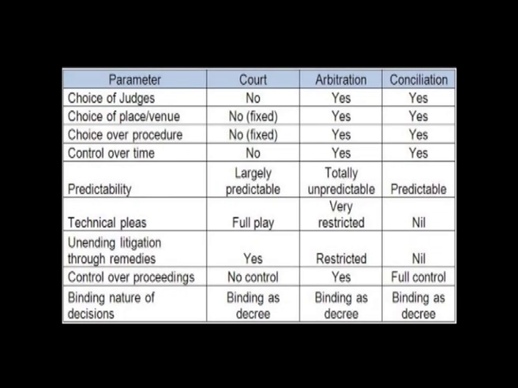The usefulness and the advantages of the arbitration and conciliation methods over the justice delivery system through the traditional statutory and constitutional courts are evident from the following table. From the table that you see, we find that dispute resolution mechanisms through arbitration and conciliation procedures have more advantageous features with equally effective results than the court system from the point of view of control over the proceedings, binding nature of orders, predictability, and the efficacy in its social relations.